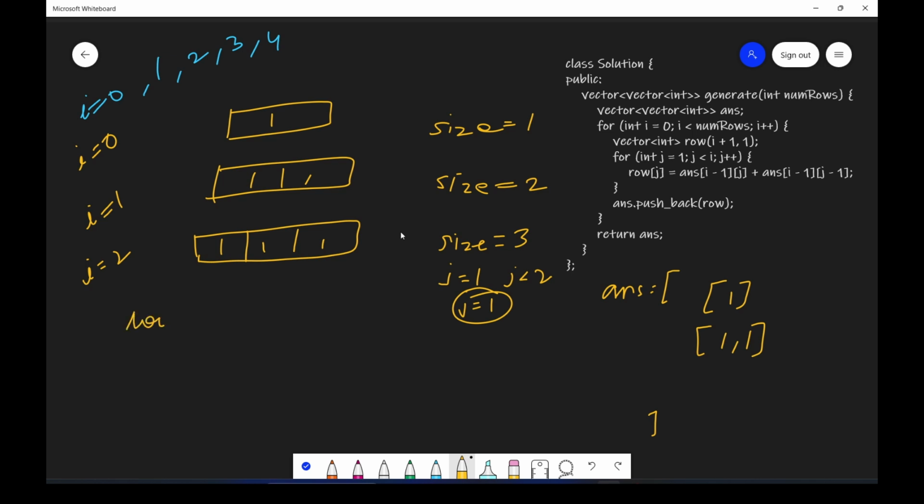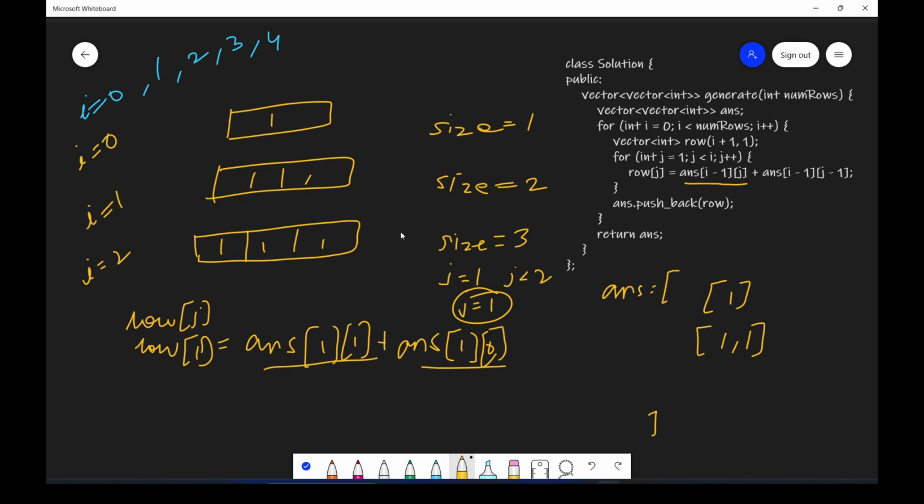So row of j, that is row of 1, will be equal to what? Answer of i minus 1, j, that is answer of 1, 1, plus answer of i minus 1, j minus 1, that is answer of 1, 0.